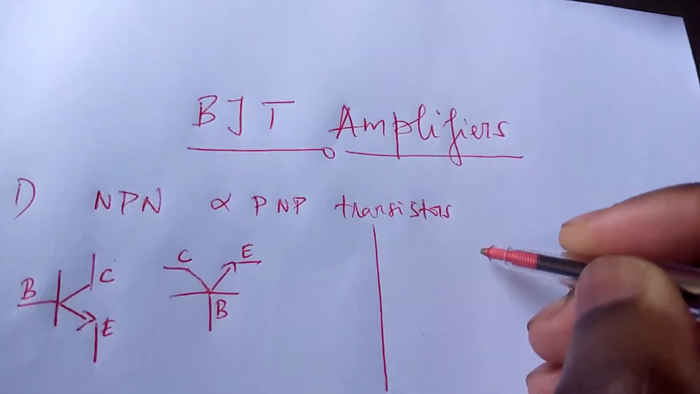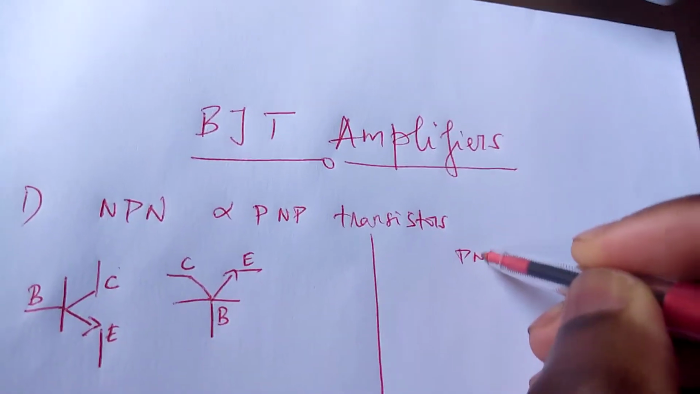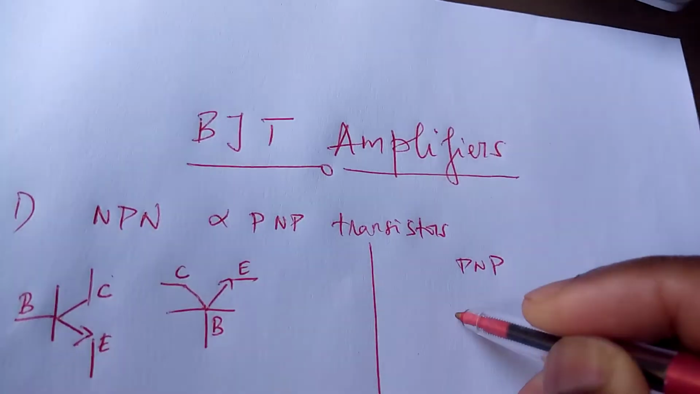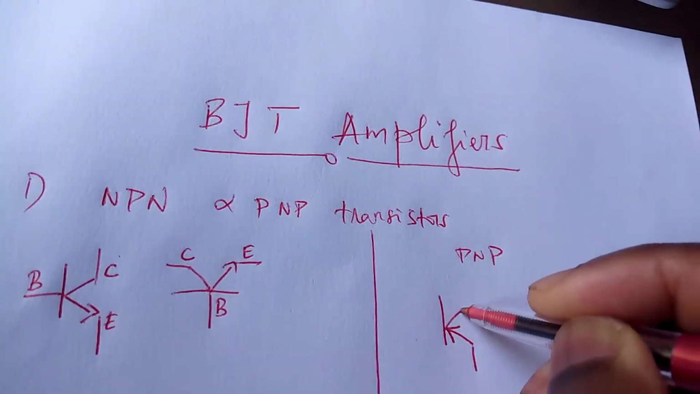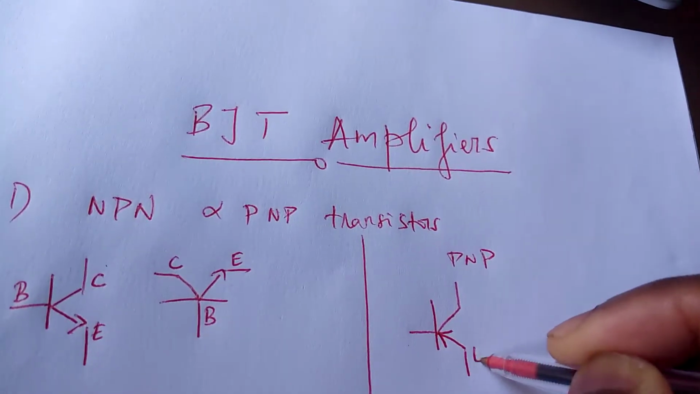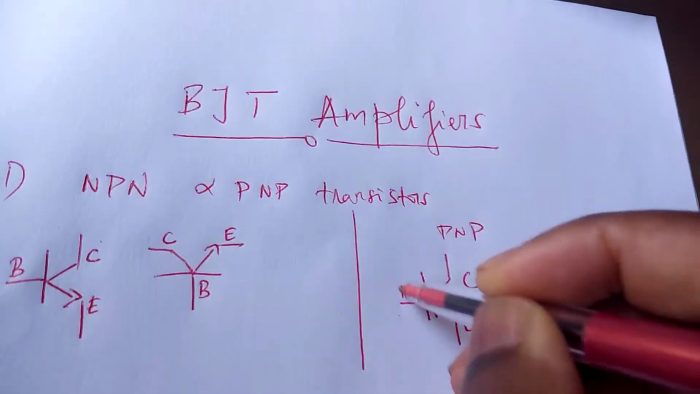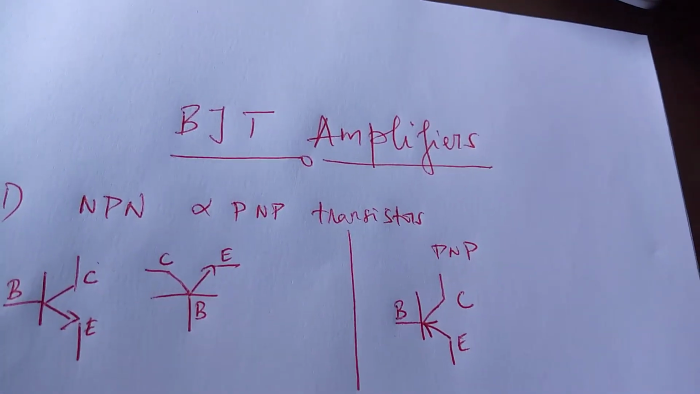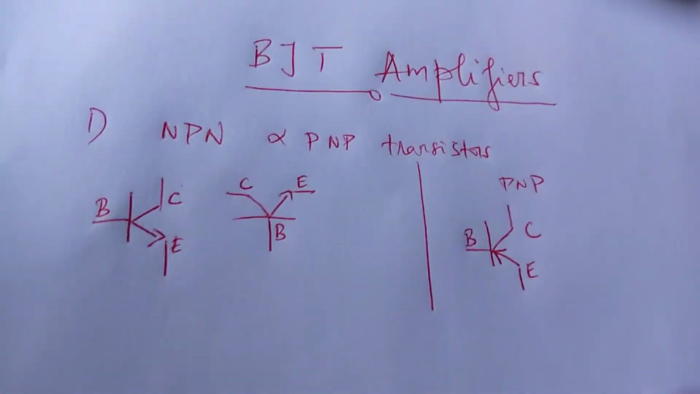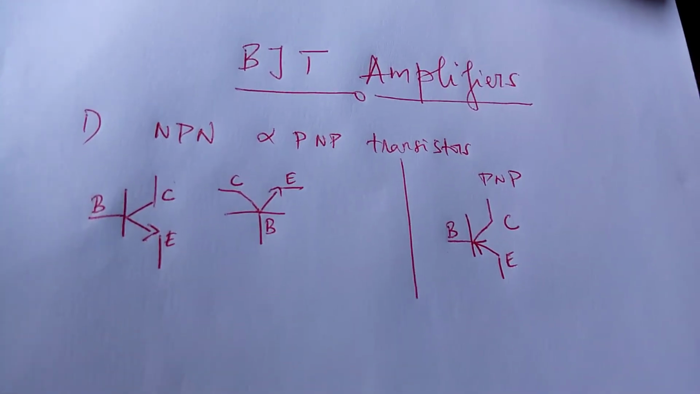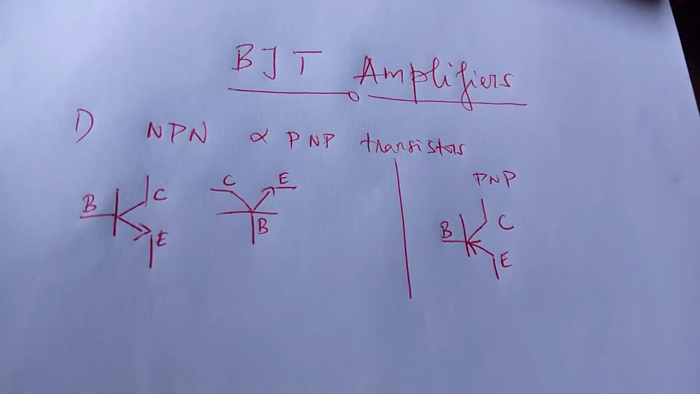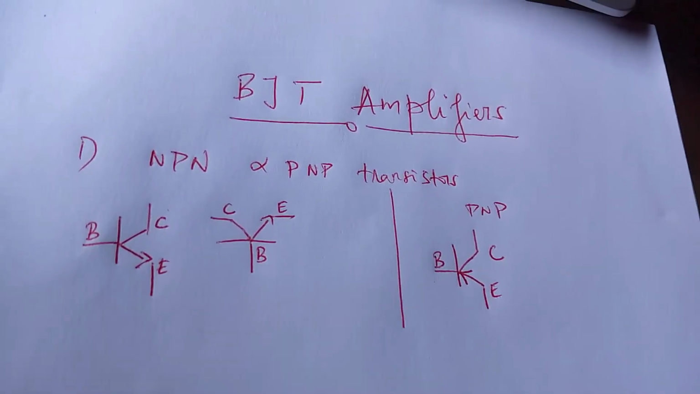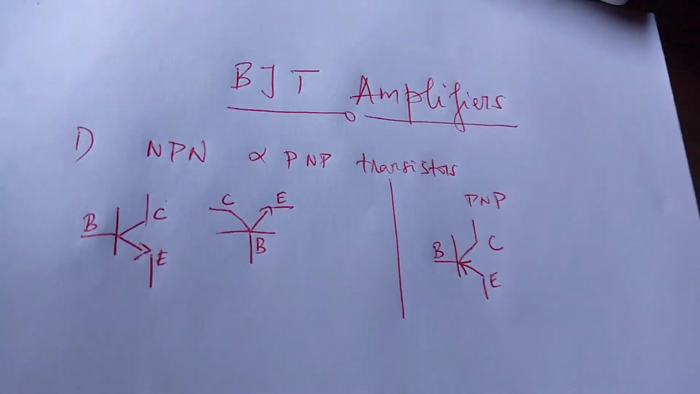On the other side, the PNP transistor has the following symbol. It also has an emitter, a collector, and a base. These are all things you've learned in Electronics 1, but it's very important to go back to these basics. So the BJT transistor NPN,